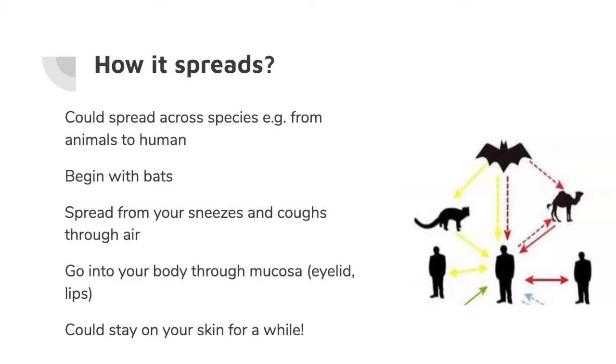So, listen up. Just like many other diseases that you know, it could spread from people to people, and this is not news. However, what differs coronavirus from others is that it could spread across species. For example, it could spread from animals to humans, from bats to pigs, then to humans. Most other diseases spread only in one species, so that's why coronavirus needs to be paid much attention.